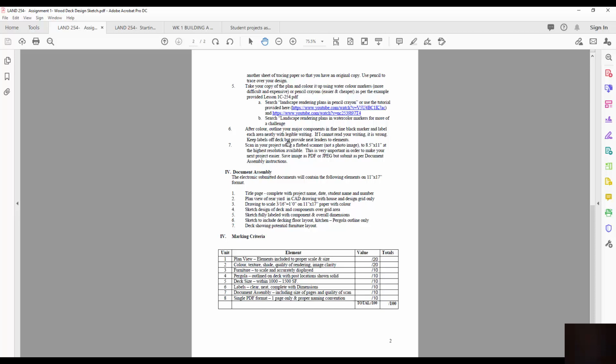Keep the labels off the deck, but provide neat leaders. Leaders are the lines that point to the different elements. Once this is all done, you're going to scan your project in, and scan it on a flatbed scanner, not with your camera. That will distort the edges, and it can't be brought into CAD properly. It can't be scaled up properly, and it can't be traced over properly. So you need a flatbed scanner. It may be worth the investment at Staples. I think it's probably 20 cents or something of that nature to flatbed scan your images